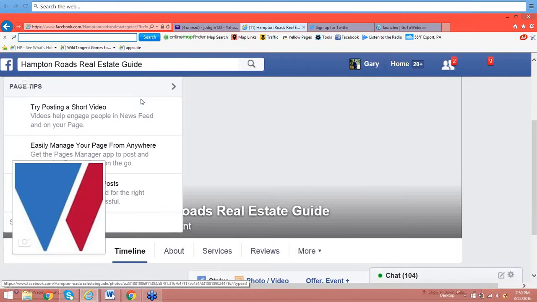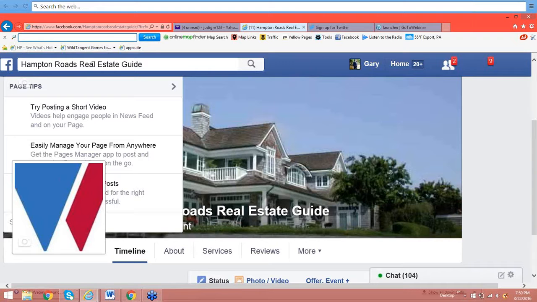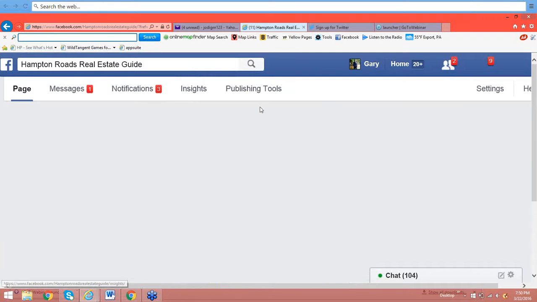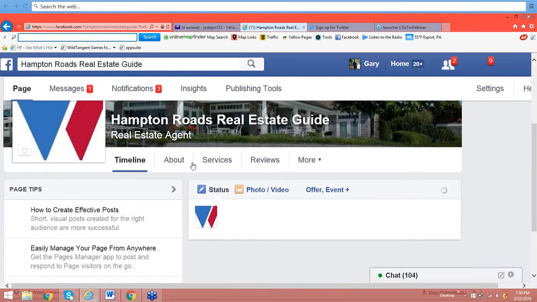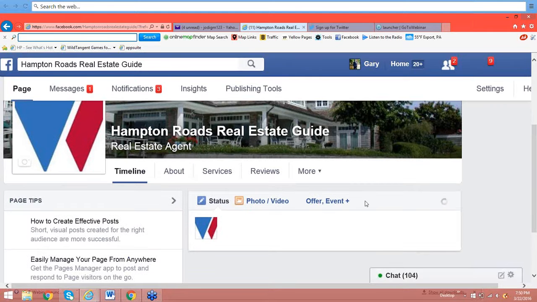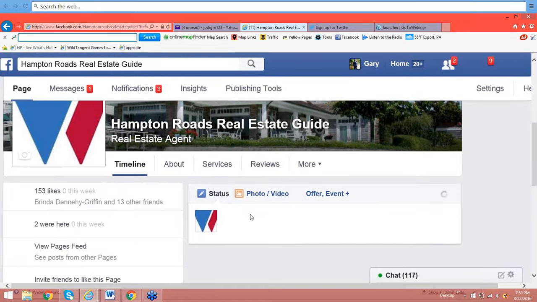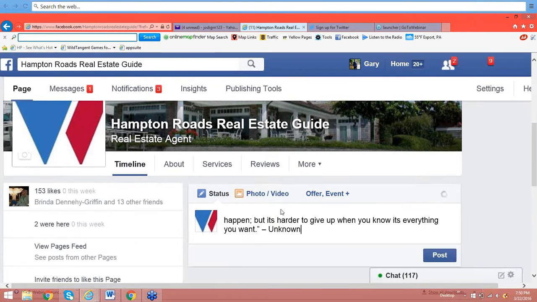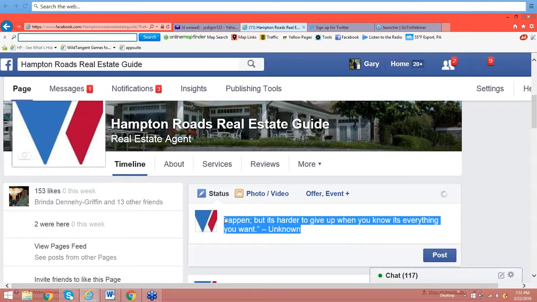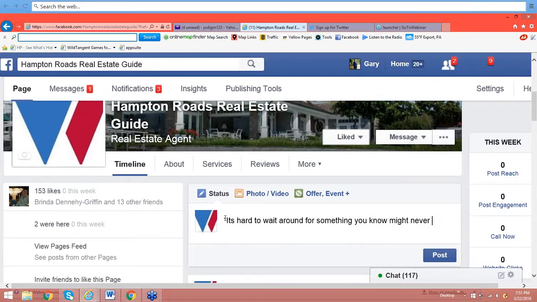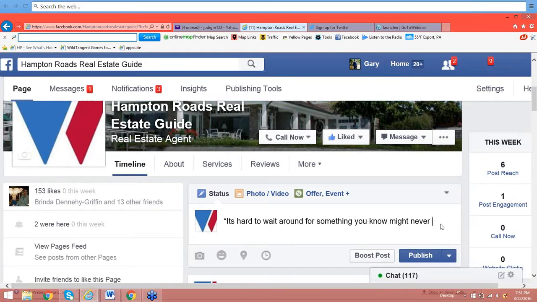So here's the Hampton real estate page, which is also connected to Gary's personal page, and you can see it has the same symbol. I'm just going to go ahead and post the same thing right in this box. This was just a copy and paste of what I did. And then you can continue doing that with whatever you want to post.